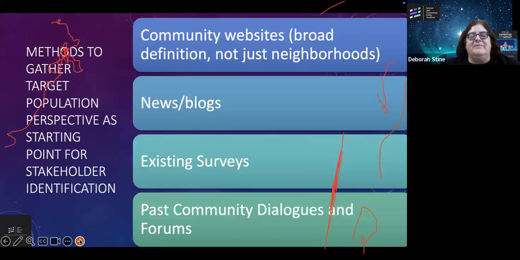So how do you find these people? You try to start in your preliminary research as you're establishing the committee. Look to see what's out there already. There might be some sort of community website. Like in West Virginia, there's a West Virginia Rural Health Association. So you can see who's been active there, who the speakers are at their meetings, those kinds of things. Obviously, there's traditional news, but as that has been replaced more by blogs, things will happen there. Sometimes there are surveys that have been done in the past on the issue. There might have been forums or dialogues. So start looking for specific people.